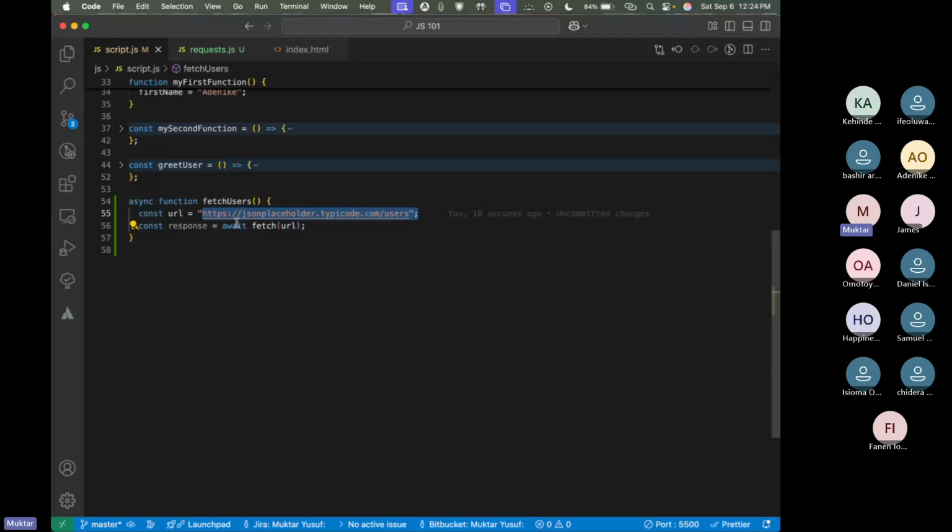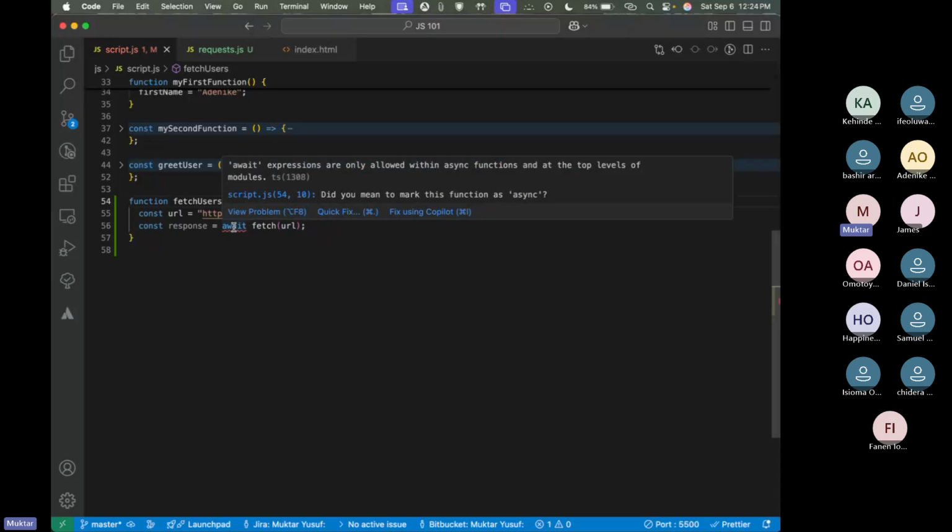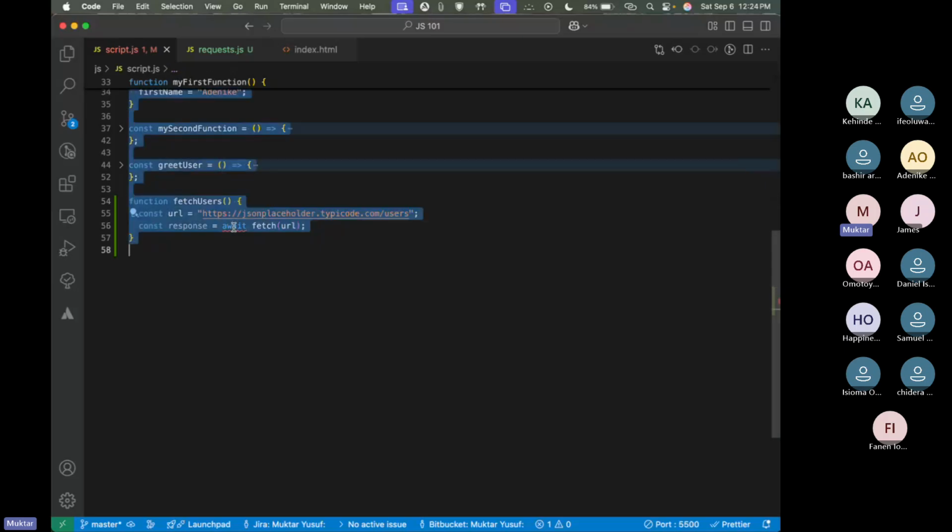Now this await keyword goes hand in hand with async. If I delete this, await will be useless, and it's already underlining it because it tells you that if you want to use await, it means that you have to use it with async as well. So I have to return it back, right? So async await, meaning that all we're saying is that whenever we want to fetch data that comes back from here, we want to use this fetch to do that,